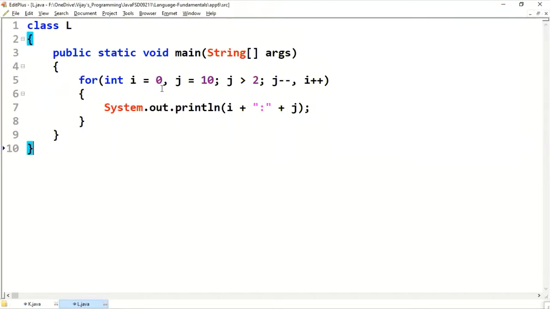By using a comma as a separator in the initialization part, we can declare and initialize more than one variable. The same thing we can do in the increment or decrement part. Try to write the output for this one.